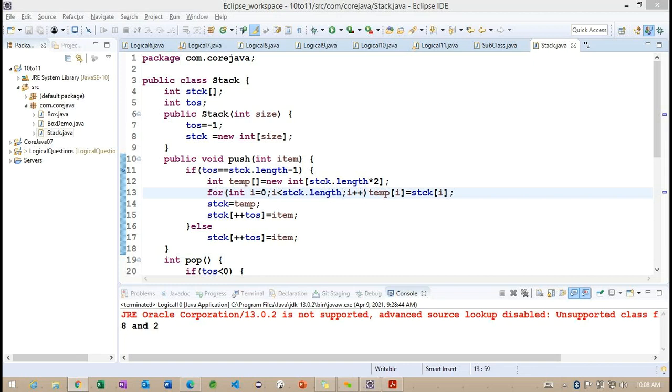Which is nothing but the overloading concept. So how is method overloading going to work? Method overloading is nothing but defining one method in different ways. It is possible in Java to define the same method containing different information. To understand it, we simply define one method and provide different parameters.